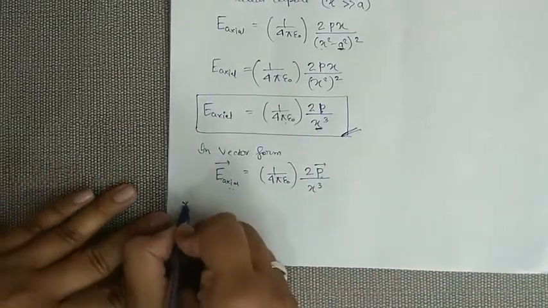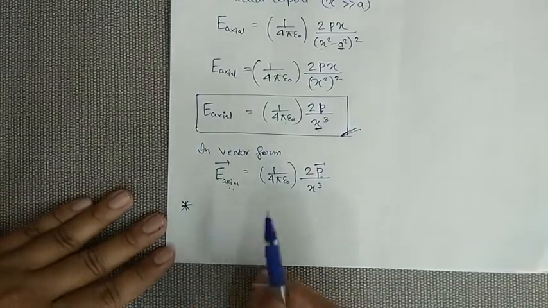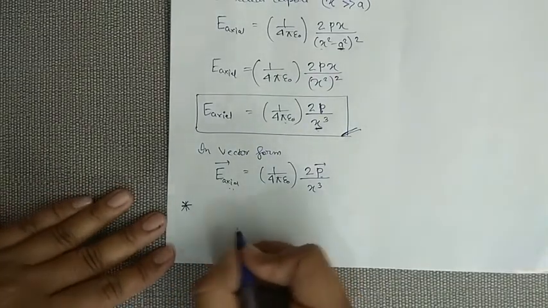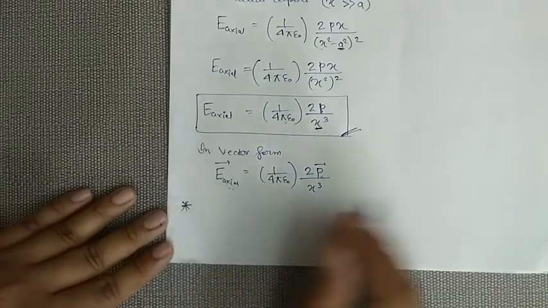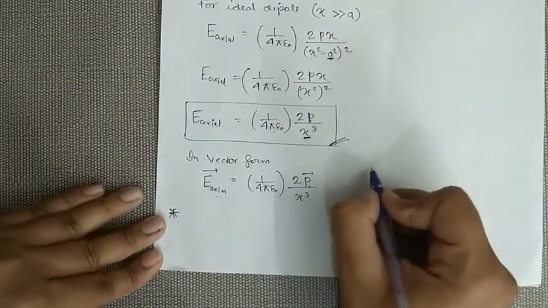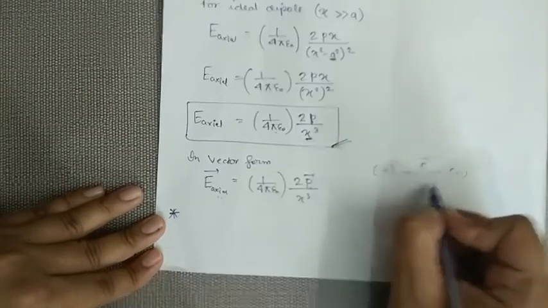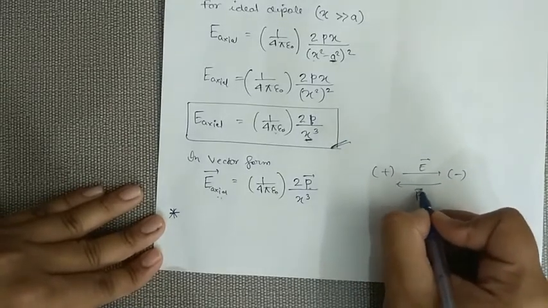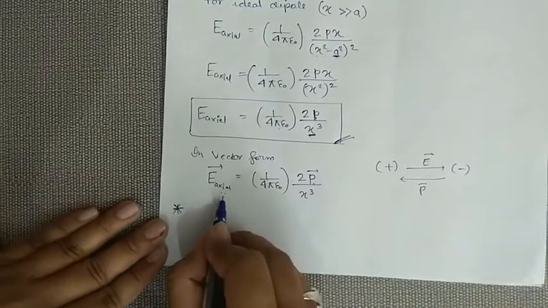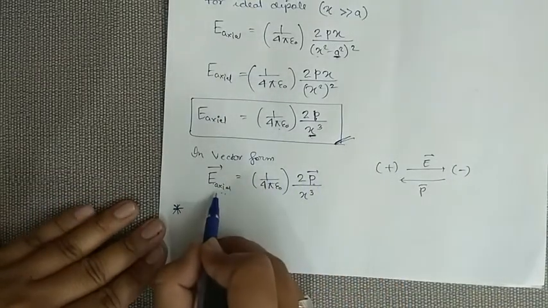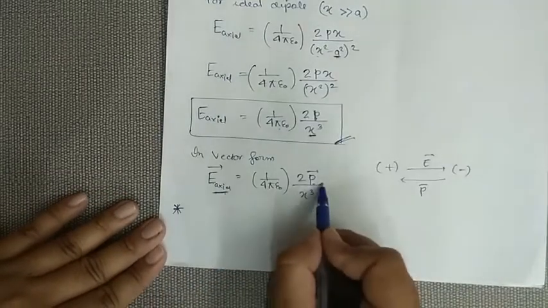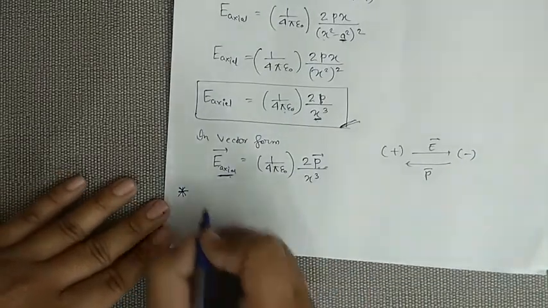Now this is a very important condition. A few lectures before I told you that the direction of electric field is from positive to negative, and the direction of dipole moment is from negative to positive. But especially in this case, the axial electric field is along the direction of dipole moment,